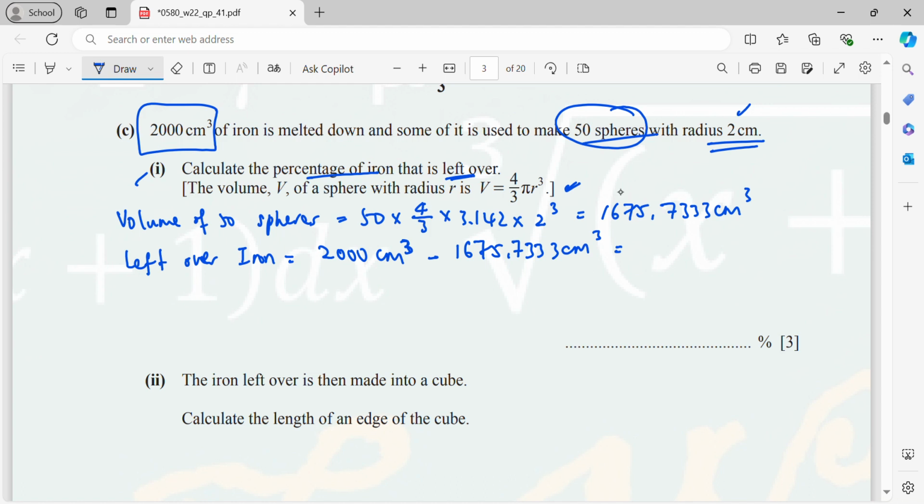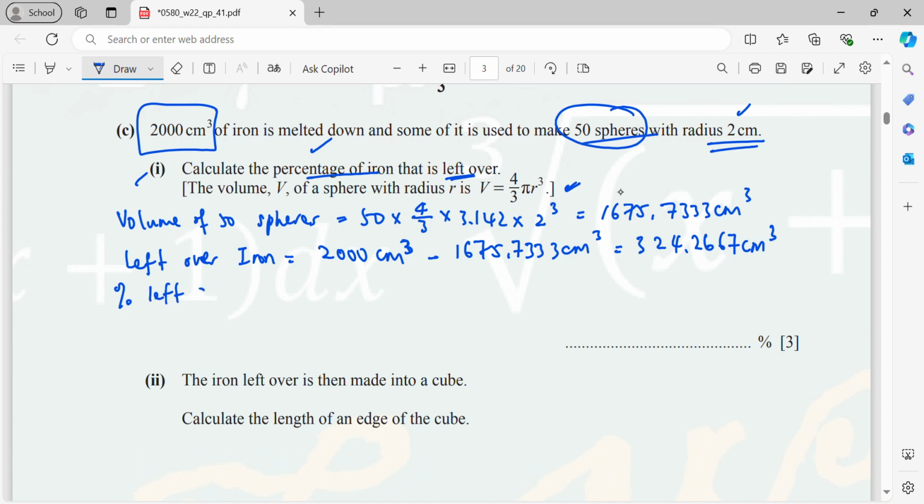So when you minus, this is going to be 324.2667 centimeter cube. This will be the amount of the leftover iron. But then the question is asking for percentage. So the percentage